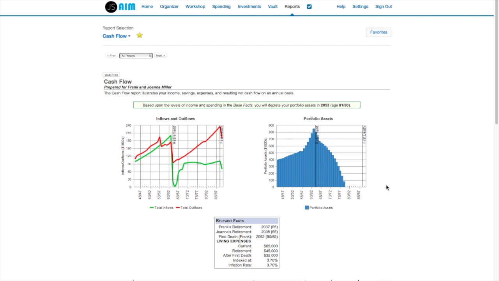The great thing about this is now they understand I need to make some adjustments. Either we not buy the home, or are there things we could do to facilitate the purchase of the home? Do we need to adjust our savings, our 401k contributions? Do we need to spend a little less now? One thing we're going to take a look at, just so you can kind of see how this works, is